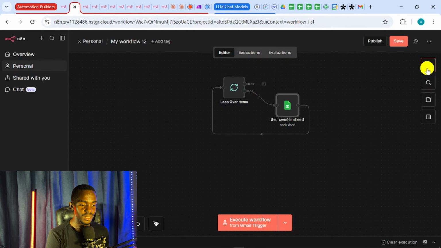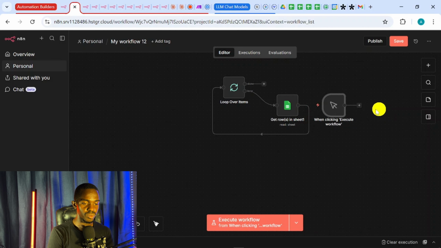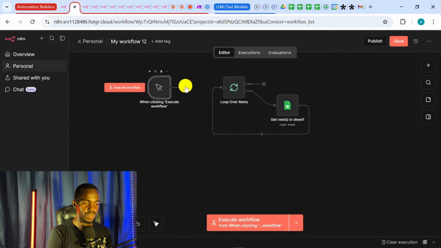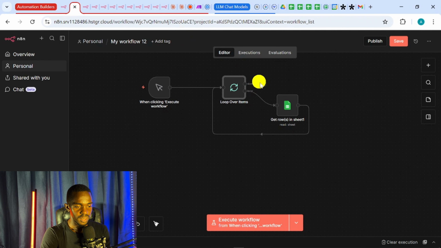And then let me just add a manual trigger. So the loop over items node, you don't need to configure it. Just leave the batch size as 1. It is okay like that. And then if you click execute workflow,